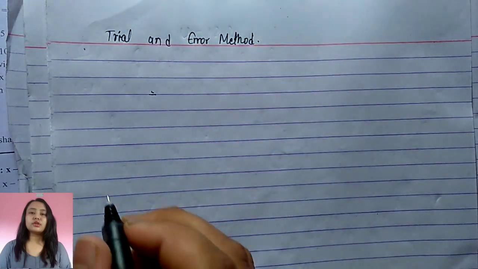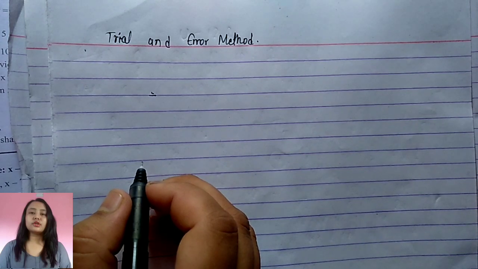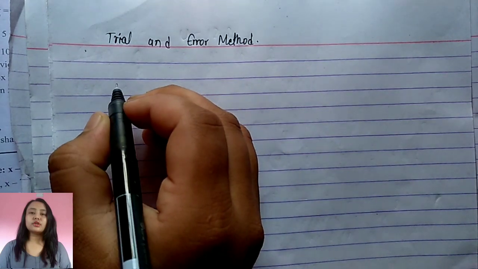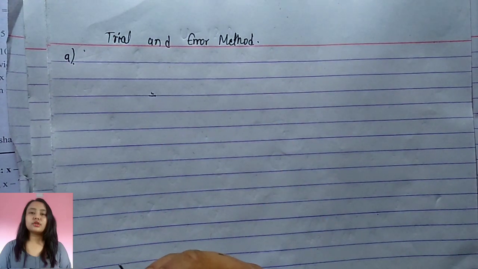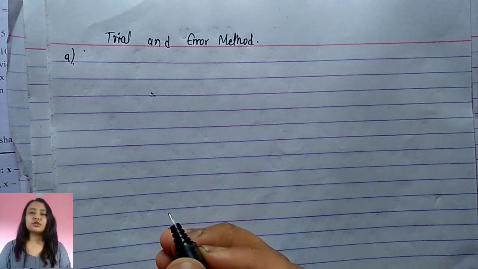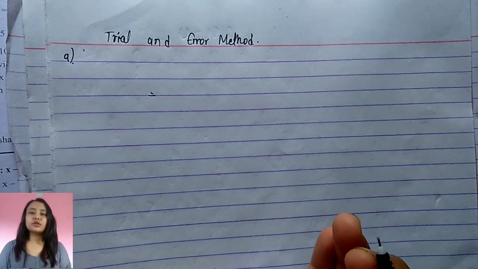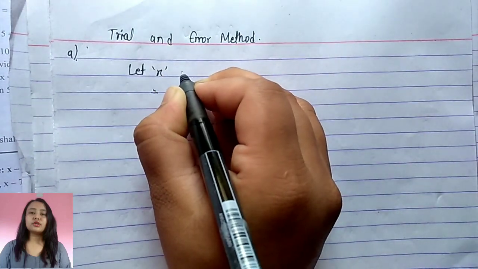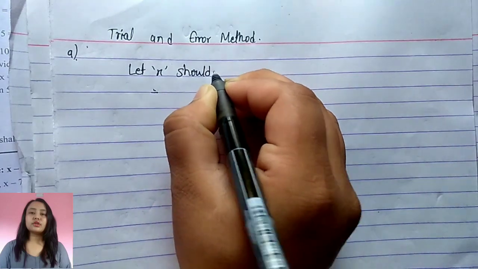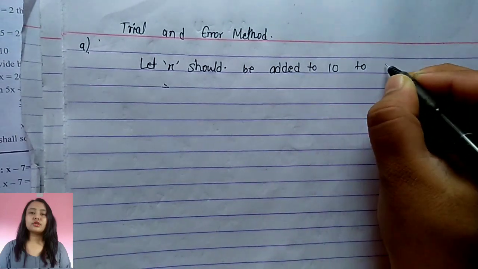Okay, so this trial and error method, what does it mean, and how will it be done? We first have to know the question. Suppose the question asks, what number is to be added to 10 to make it 15? In this condition, let x be the number that should be added to 10 to make it